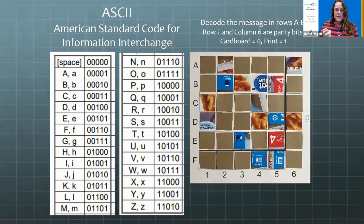You'll see I'm using a cardboard cutout from some packaging from something I bought. It could be a cereal box or something like that. I have extended this lesson so that in these cards, in rows A through E and columns 1 through 5, I have a message coded in that you could decode using the American Standard Code for Information Interchange. So not only can I teach students a fundamental way that computers are processing data and checking for errors and correcting it by putting these parity bits around the data,